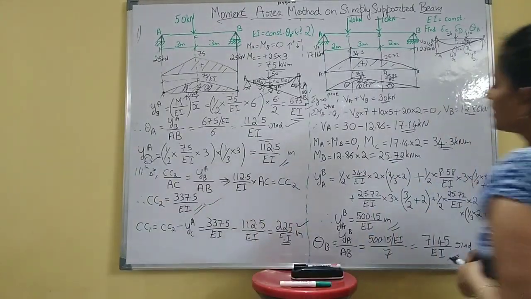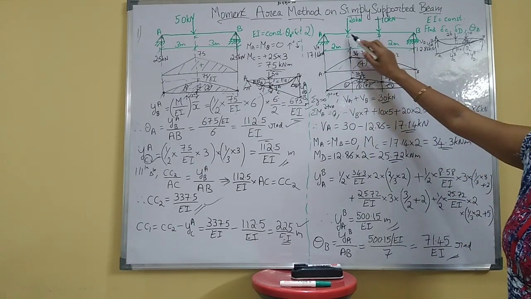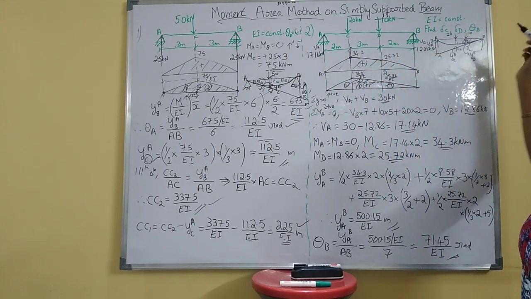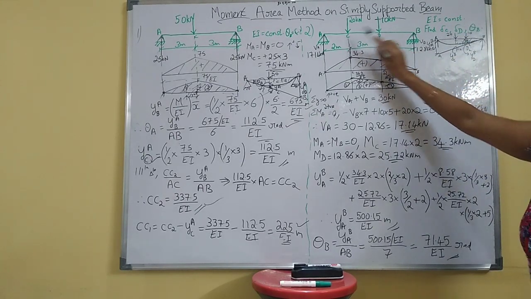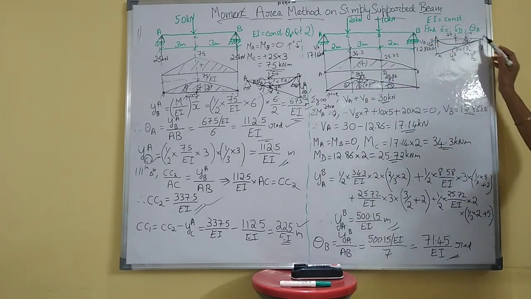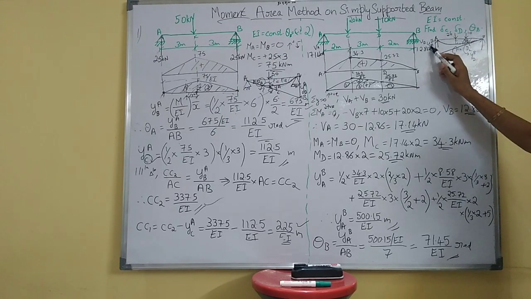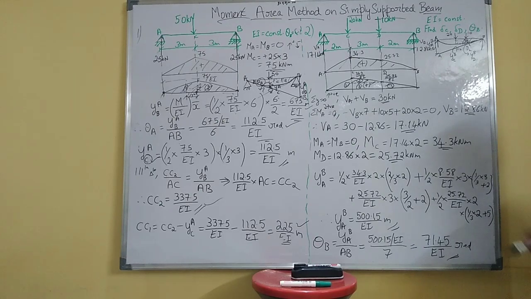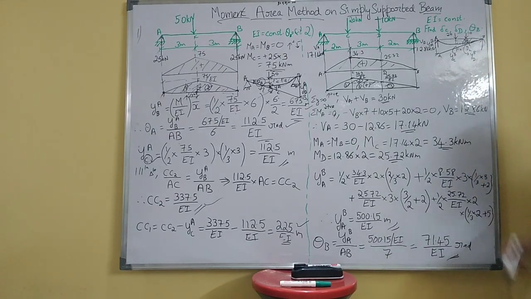Okay. Next we'll move to the second problem. So this is the second problem. 2 point loads are given. Here also again EI is constant. Find out delta C, delta D and theta B. So theta B this side. So just draw the diagram. Draw tangent. So this is your theta B. Theta B will be YAB divided by AB. Next similarly just draw CC1, DD1 to find out the deflection under C and D.